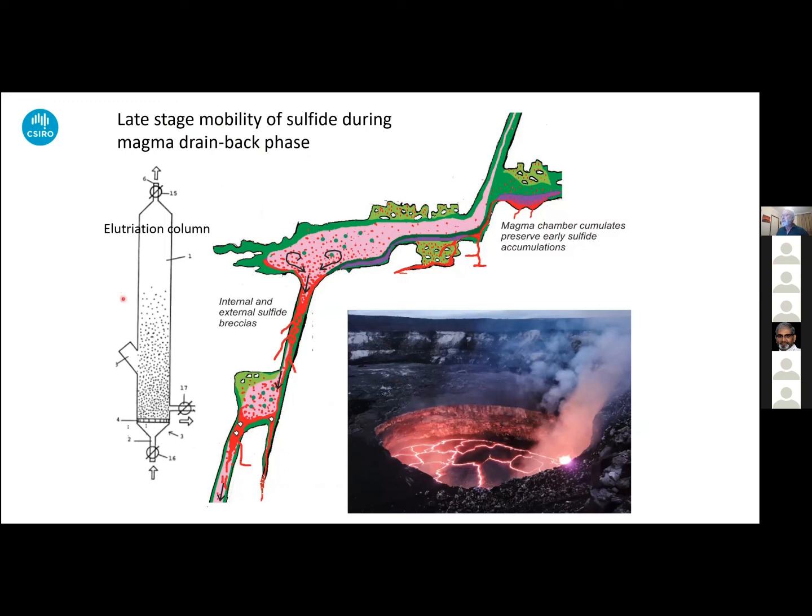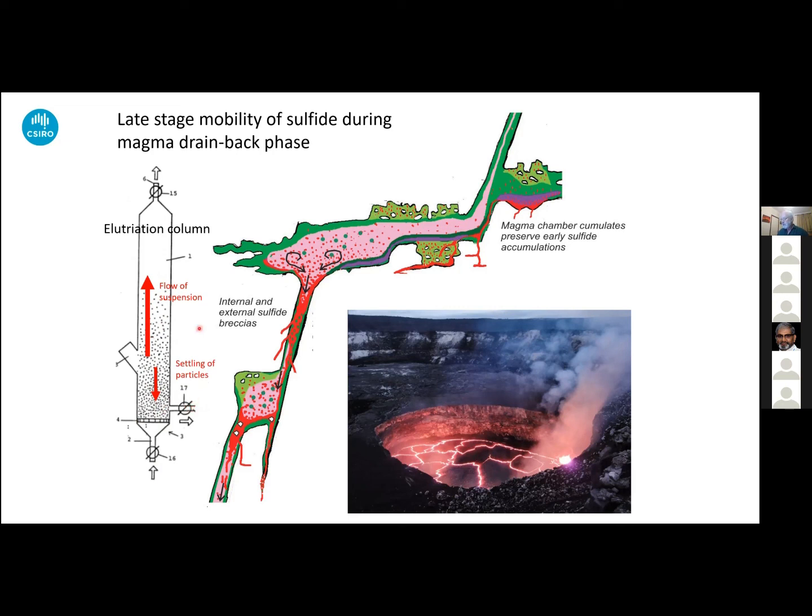So now I'll bring back this concept which I briefly mentioned a little earlier on, this concept of an elutriation column. Elutriation is an industrial process which is used for getting solids out of suspensions. Effectively, the way it works is you have a tube into which at the bottom you pump the suspension that you want to separate. So you're flowing upward, but you arrange the flow rate such that it balances the tendency of the particles to settle out. So you then get an accumulation of the particles somewhere in this column, which you can then